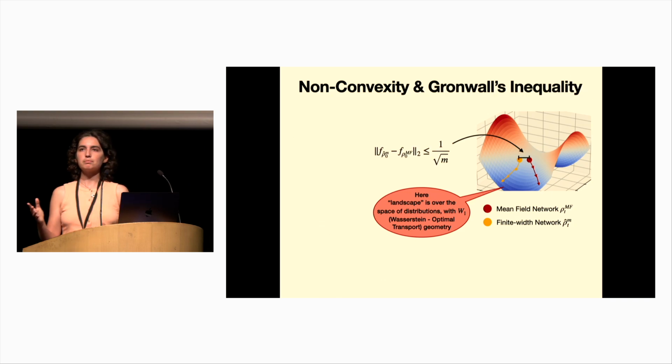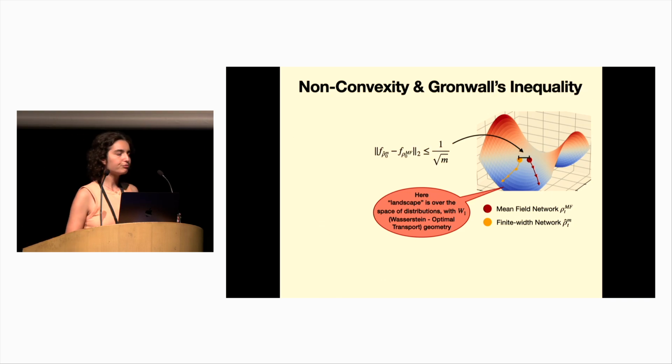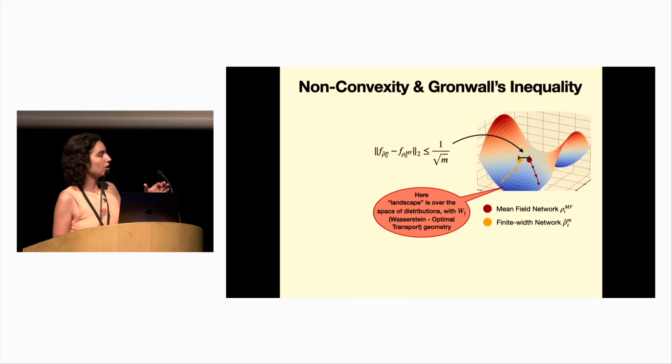And we know that at time 0, when this neural network is initialized, the function output by the width m neural network and the function output by the mean field neural network are actually very close. The distance between them is very small in L2 distance. It scales like 1 over the square root of the number of neurons. And this is via a very simple Monte Carlo argument. But because this landscape is non-convex, even a small deviation can blow up exponentially in time between these two different neural networks. Because as they evolve via gradient descent in this landscape, if they're slightly further away, then their gradients can also be slightly further away, and so they drift apart.